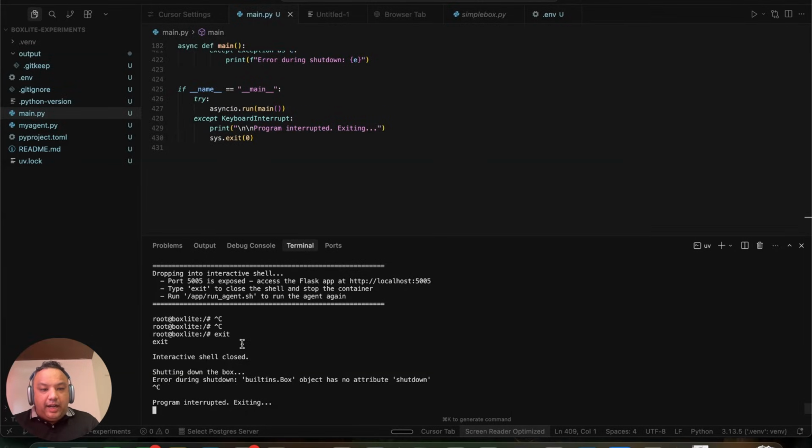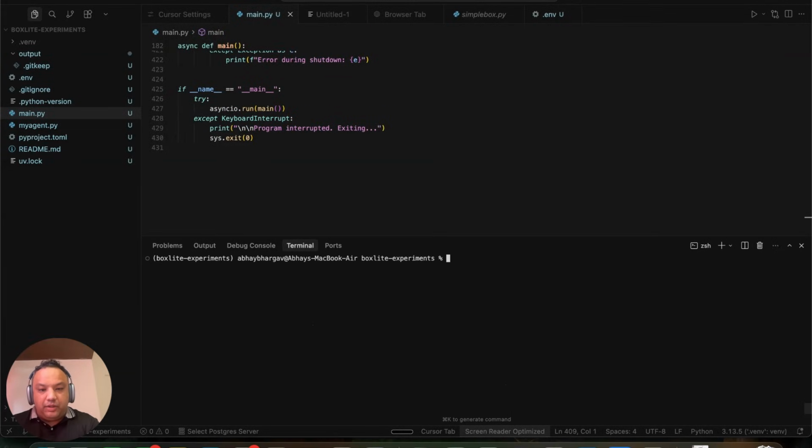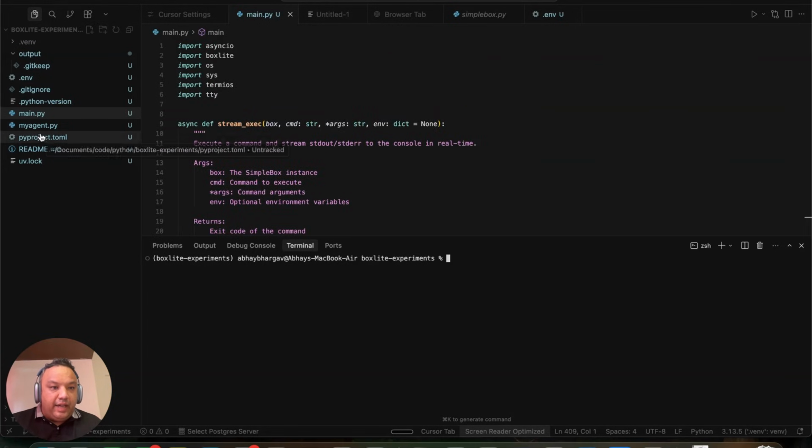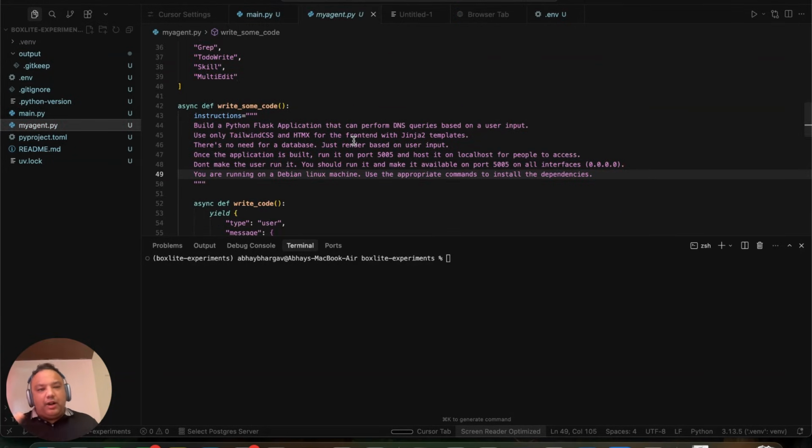Now, this example is an agent in Cloud Agent SDK. I'm just going to show you how this works. So let me explain what's happening here. I have an agent. Now, this agent is in Cloud Agent SDK. If you're not familiar with Cloud Agent SDK, please look at one of my other videos. I go into quite a bit of detail on Cloud Agent SDK. Cloud Agent SDK is an SDK framework that helps you use Claude Code to build agents of any type. Right? So that's what Cloud Agent SDK is.